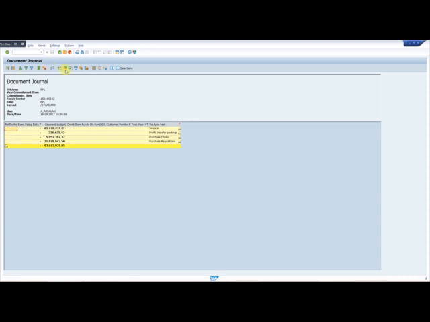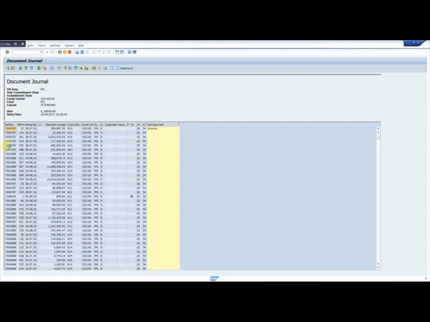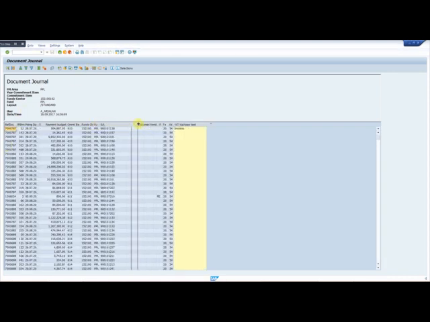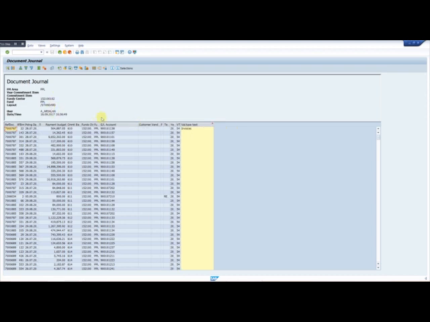We need the expanded view, so we will expand it. Here it is collapsed. Now in this cost center there are various GL accounts or general ledger accounts.